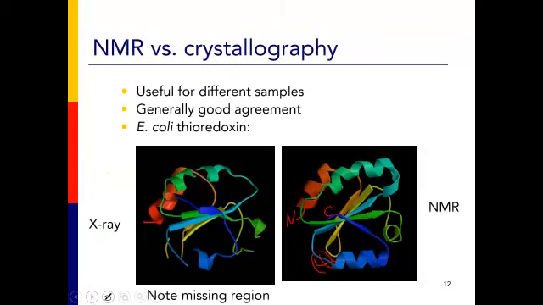Okay, so how do we compare NMR versus X-ray crystallography? So they both can determine structure. NMR is better for smaller proteins. Occasionally we can use it for membrane proteins. X-ray actually gives us a picture, whereas NMR gives us a whole bunch of possible structures that are consistent with distance constraints. So again, as I said, for X-ray, if we have a flexible region on the protein, for example, here,